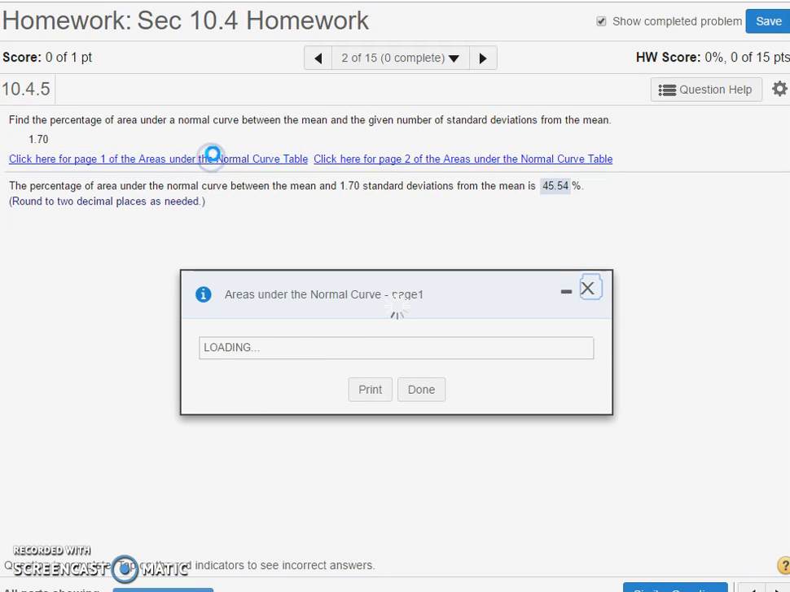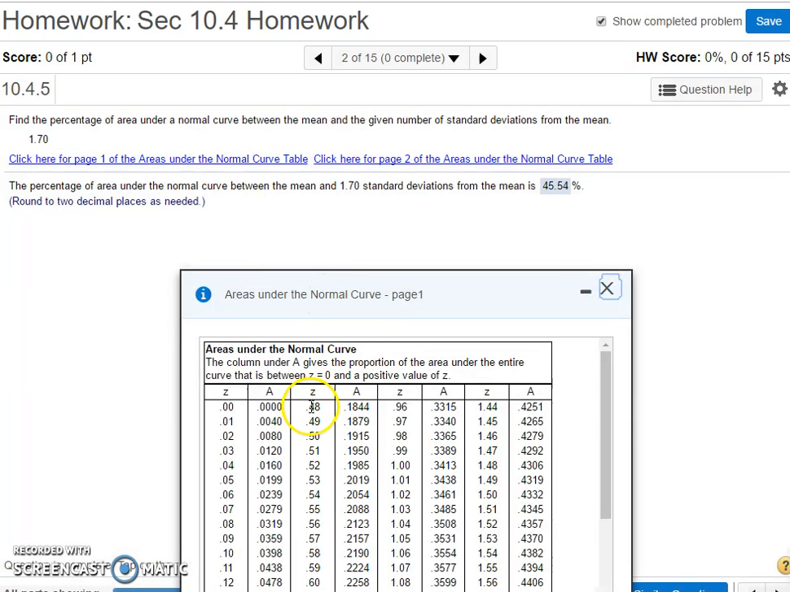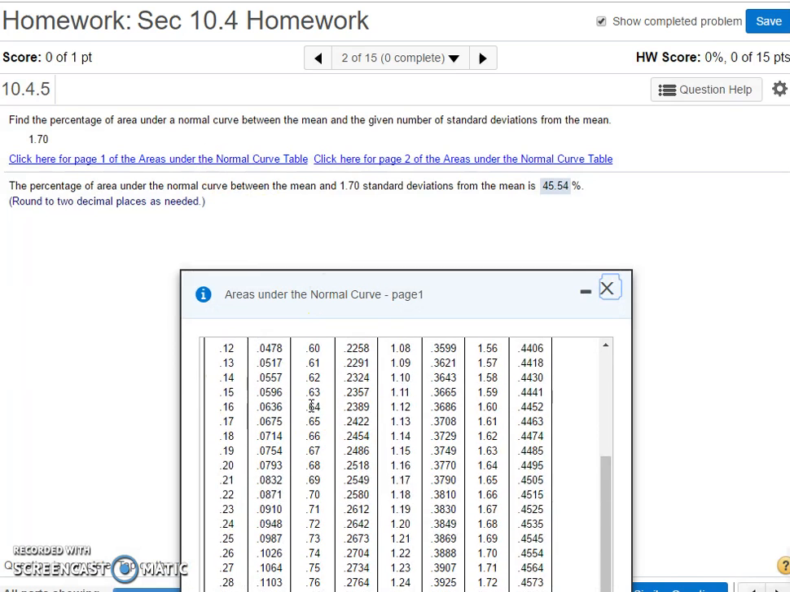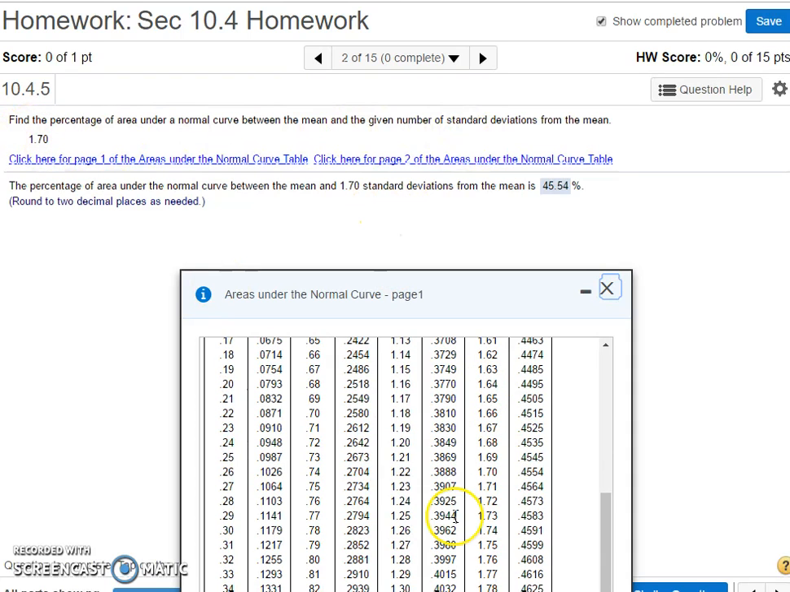Your first page here, so you're going to have two pages. This guy, all your values are going to be positive. And so you see how they're asking about 1.7? I'm going to go all the way in the chart until I find 1.70, 0.4554. They want it as a percentage. Move my decimal point 2 to the right,